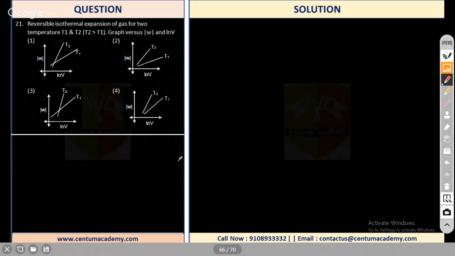So you see question number 21: reversible isothermal expansion of gas for two temperatures T1 and T2, graphs are given. We have to find out which one is true, right? The 4 graphs are given here. So first of all, the process is reversible isothermal expansion. And in reversible isothermal expansion, the work done